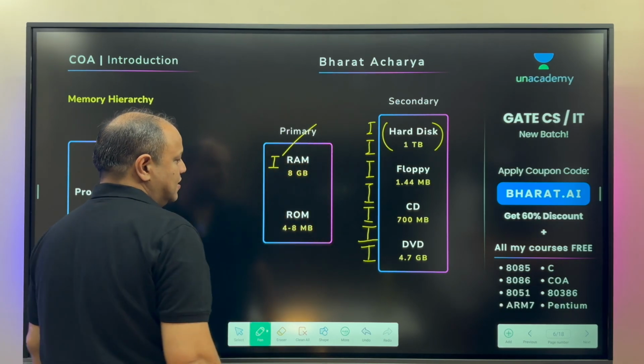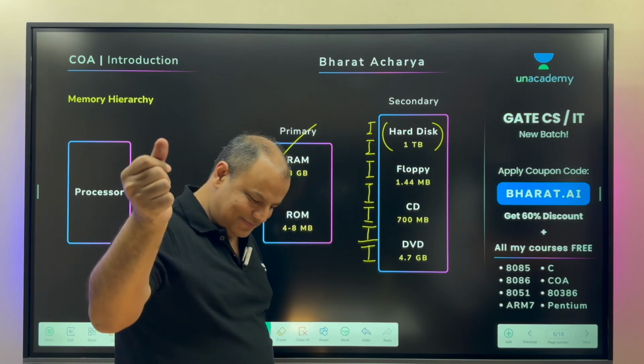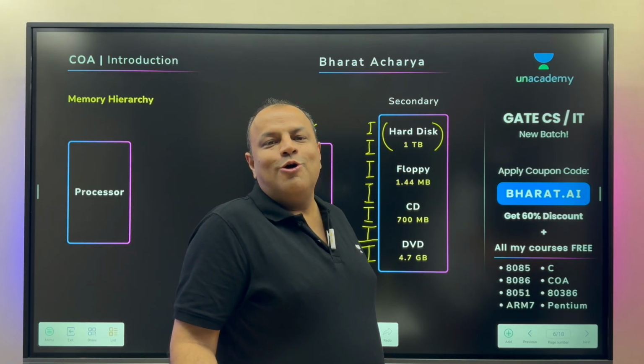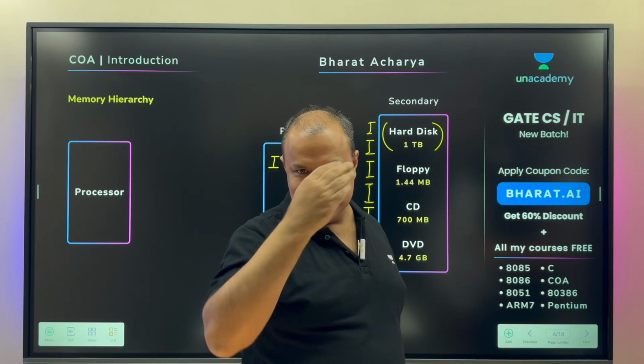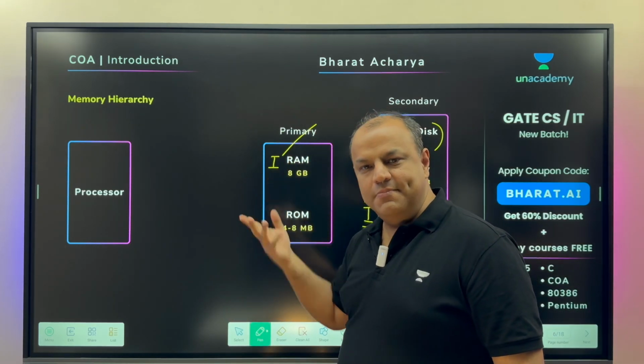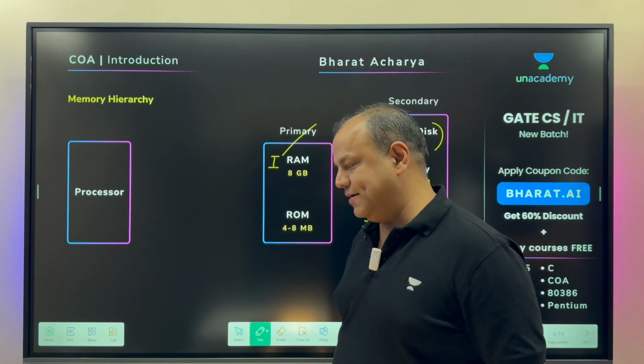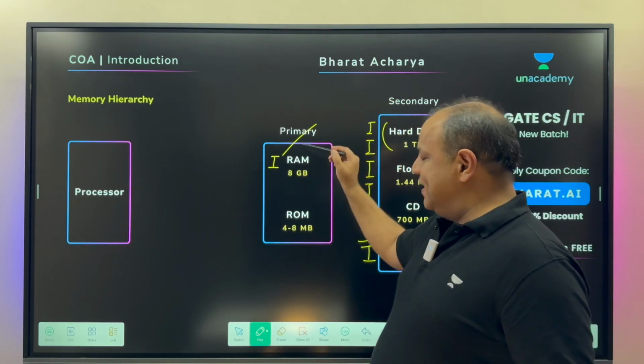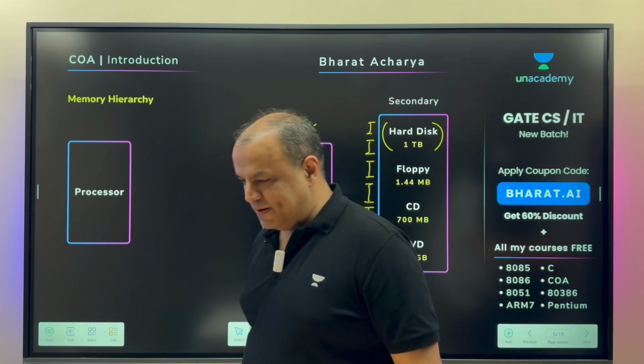First of all, tell me, where should it come? Into the ROM or into the RAM? Absolutely RAM. How can it come into ROM? ROM is read-only memory. You cannot write. So this is common sense. Your working area is your RAM. That's why ROM is very small as compared to the RAM. When you say primary memory, you basically mean RAM for all practical purposes. So the movie comes into the RAM. Then the processor plays the movie.